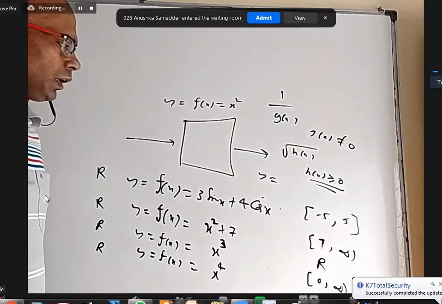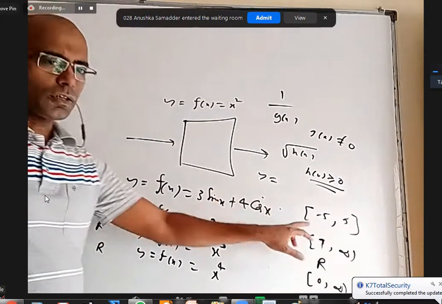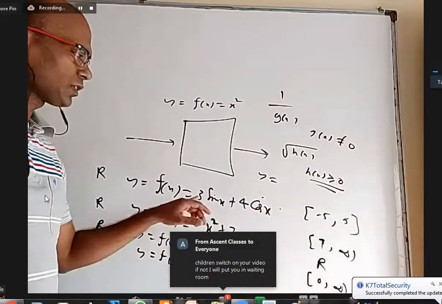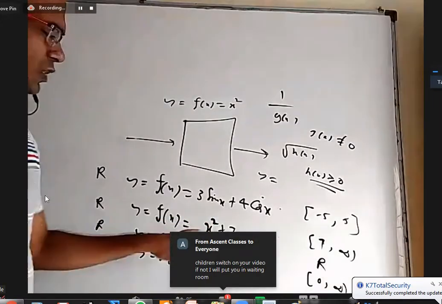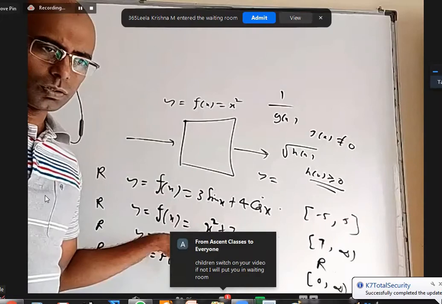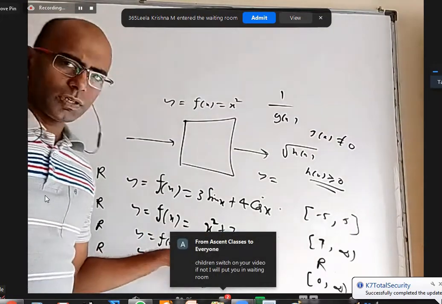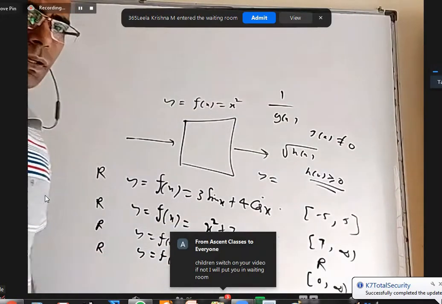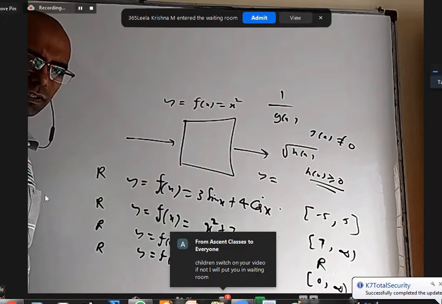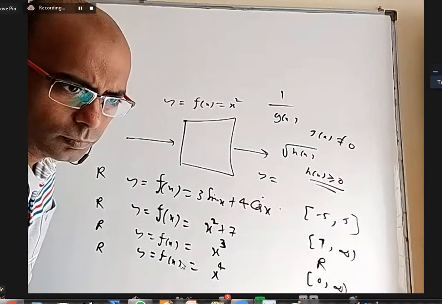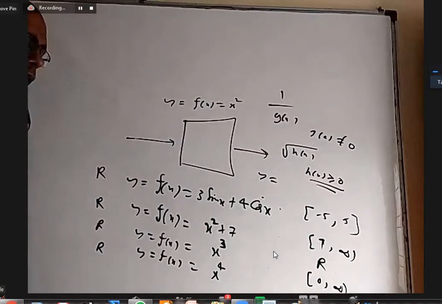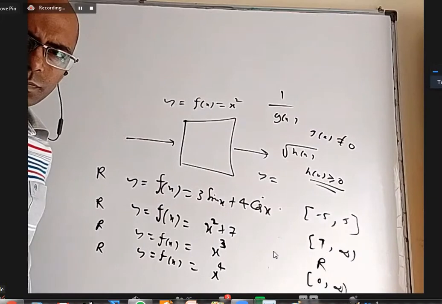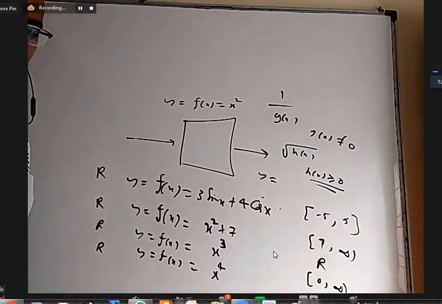Now, this we could tell by using trigonometry: a sin x plus b cos x has maximum value root a square plus b square and minimum value minus root a square plus b square. Whereas here, we know any perfect square is greater than or equal to 0. This will be all real numbers because it will cover everything, and this cannot be negative. So it depends on the question; we have to do it differently. Anybody has any objection to these 4 ranges? No, sir. Okay.